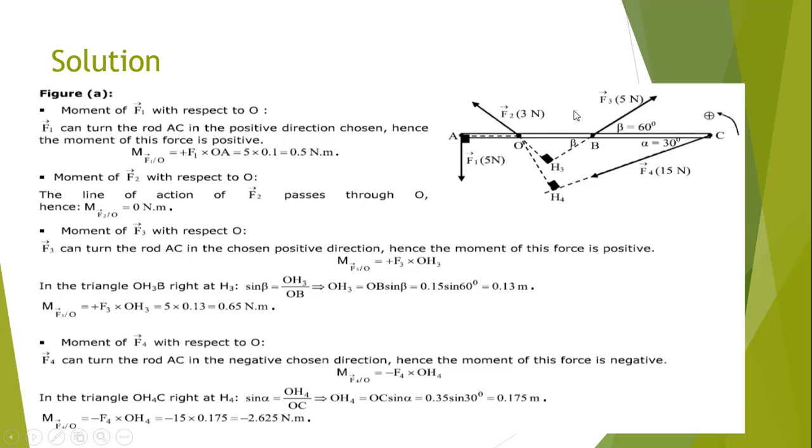Now from the geometry of the figure, OH3B is a right triangle, and beta is equal to the opposite angle, so beta equals 60. So beta in this situation equals 60 also. So OH3 is the opposite side to beta. We use sine, since sine equals opposite over hypotenuse. The opposite OH3 over OB. OB is the hypotenuse in this triangle, opposite to the right angle, and we find OH3